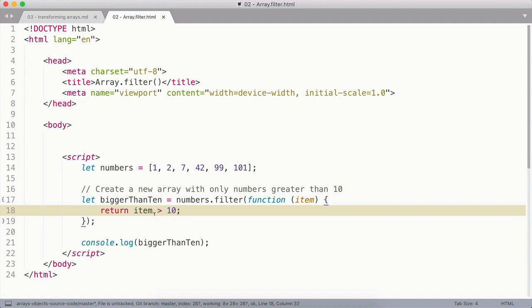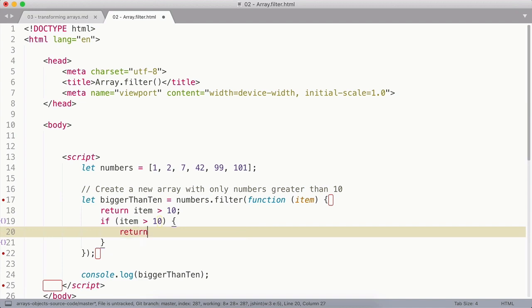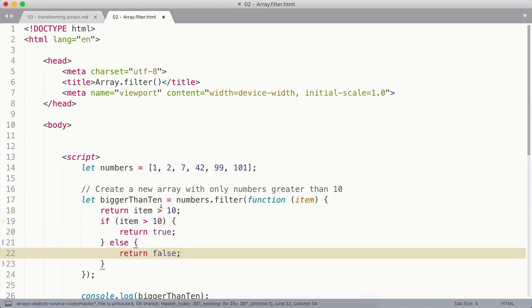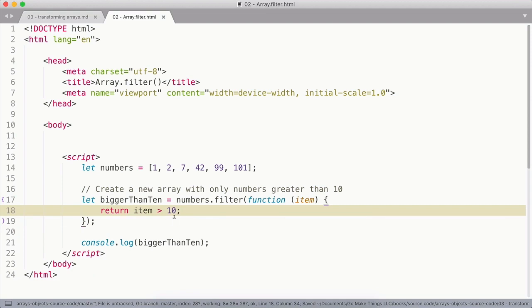And the greater than operator itself returns true or false, so I can return it as is. But this is the equivalent of saying if item is greater than 10, return true, else return false. Because this itself returns true or false, writing this all out is redundant, so we're just going to return the output of that comparison. And what I would expect from this array is a new array for bigger than 10